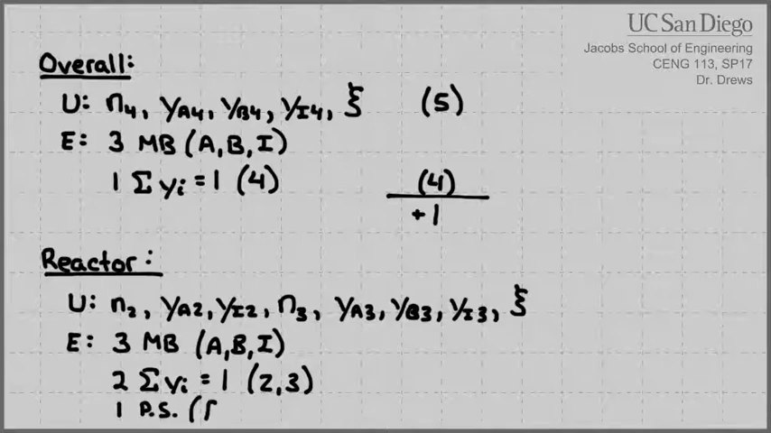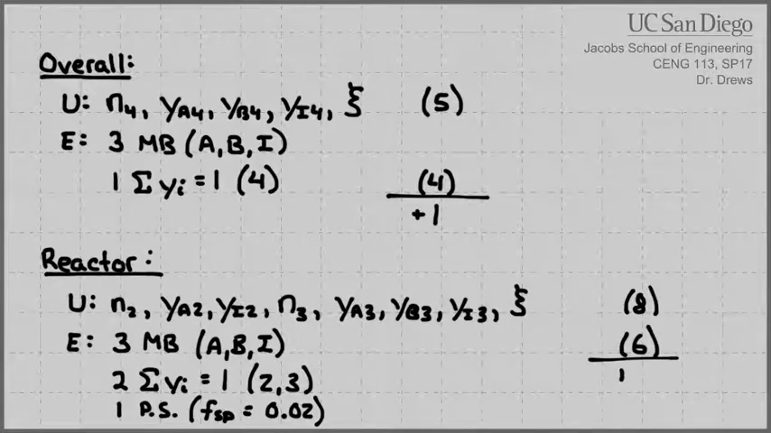So our process spec here is that the single pass conversion is equal to 0.02 or 2%. And so we end up clearly with a lot more unknowns than equations. So we've got 1, 2, 3, 4, 5, 6, 7, 8 unknowns. And our total number of equations is 6. So our degrees of freedom here are +2. So we don't really want to start with the reactor because we can't make a lot of progress right there